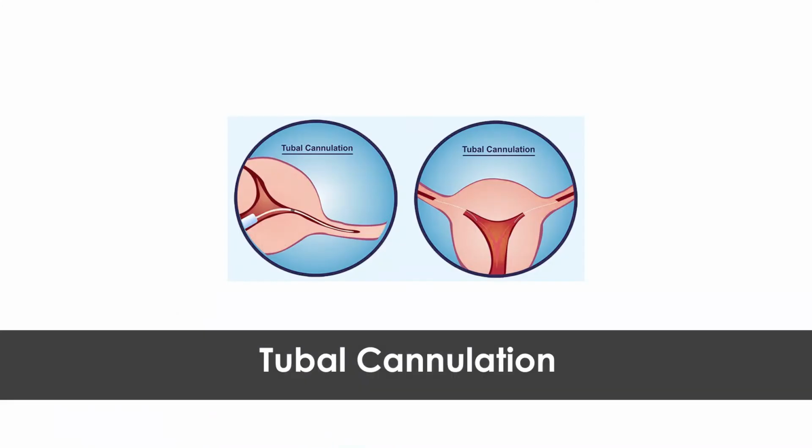Like if there is a septum, we can resect the septum. If there is a polyp, we call it a polypectomy. If there are adhesions, we call it an adhesiolysis. If there is a tubal block at the opening of the tube, it is called a tubal cannulation. So these are some of the things which we do in hysteroscopy and laparoscopy to resolve the problem